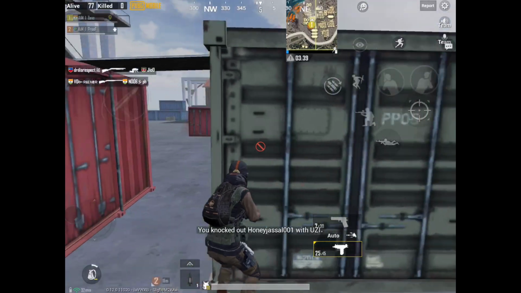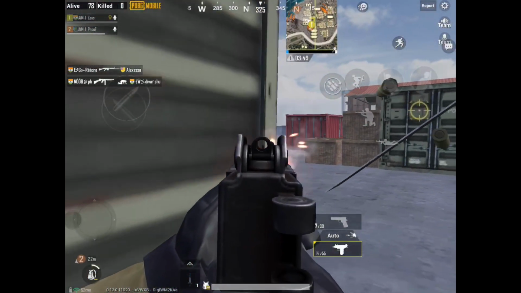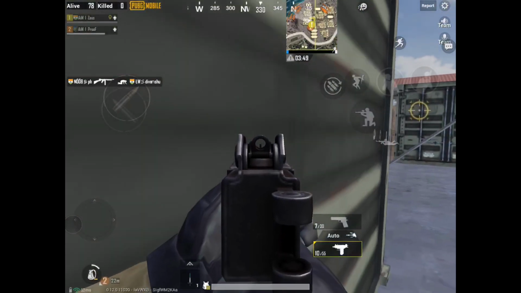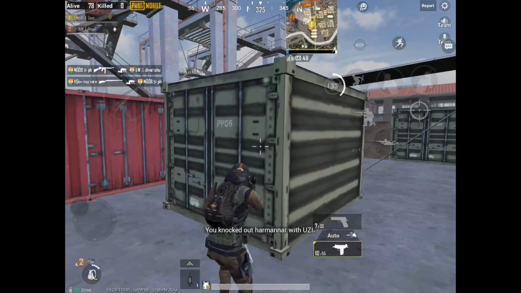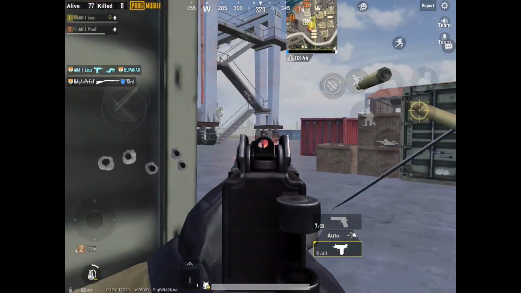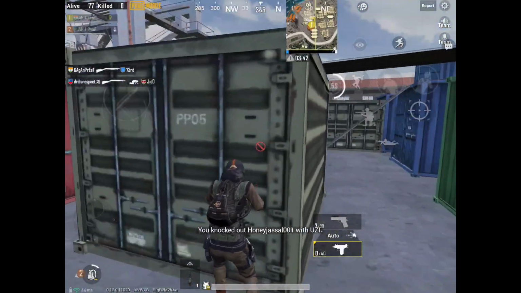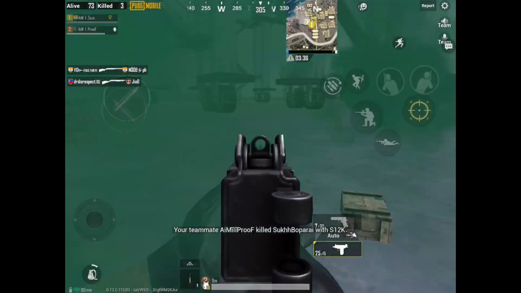If you see this in slow motion, he actually got knocked out when I had taken cover, and I didn't lose any health, even though he was also firing at me. Nice. And the same thing happened to the second guy. Similar. It was very important that we didn't lose our health here, and it turned out to be an